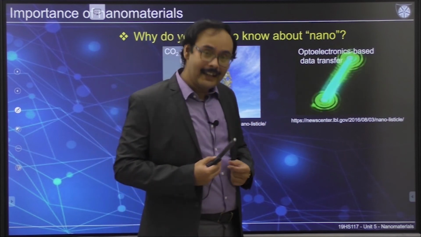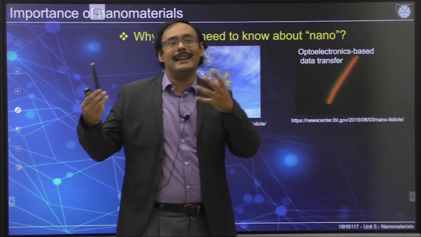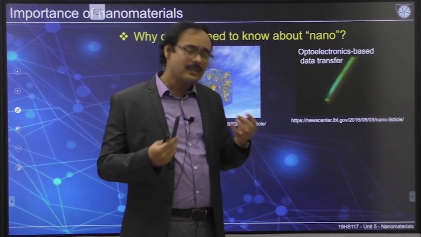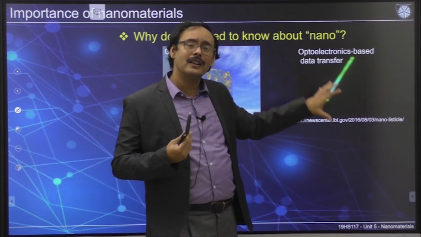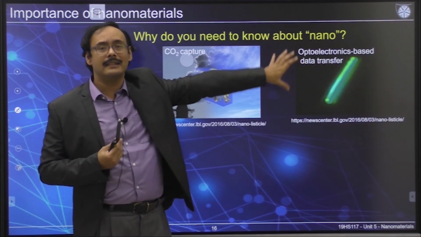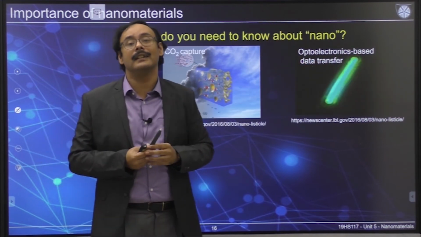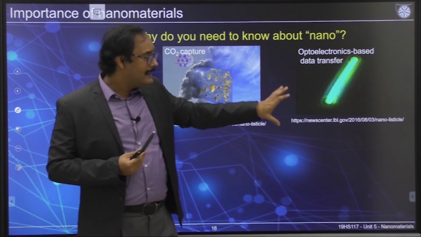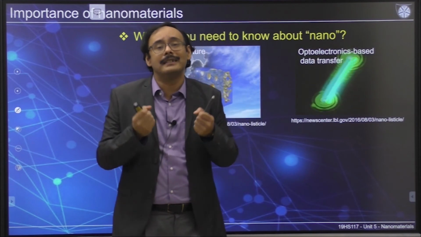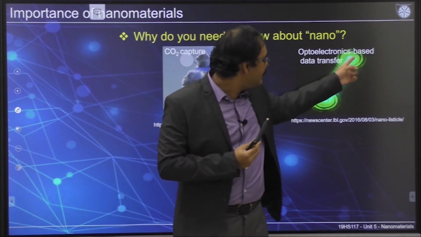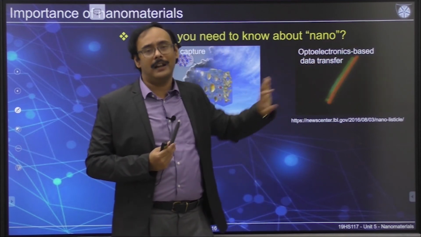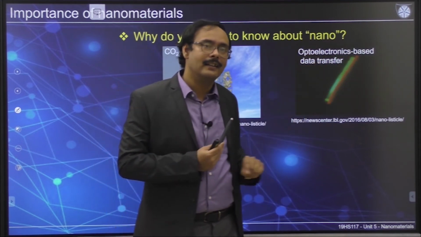Now, as an engineering student, you want to use lasers and all the other things, and at least at this level, this is also done at Berkeley with a different group. When I say Berkeley, it's the University of California at Berkeley. What they have found is that when you make nanomaterials in something like a rod shape, this is a specific type of nanomaterial. We are not going to discuss that one.